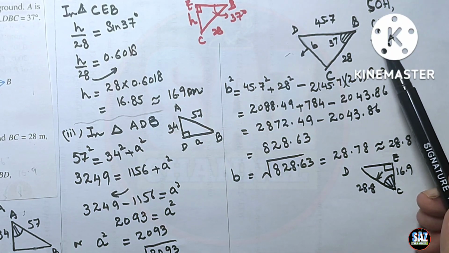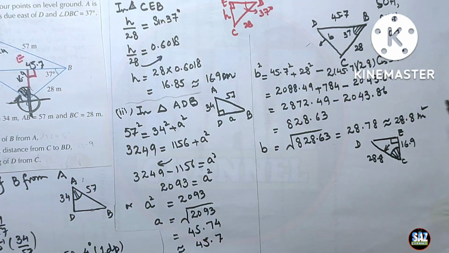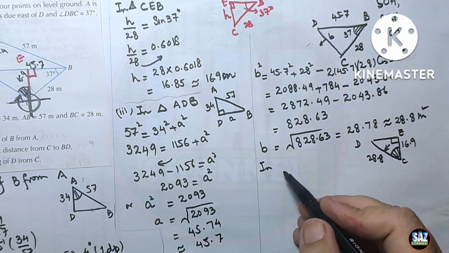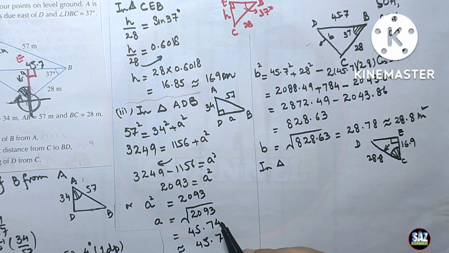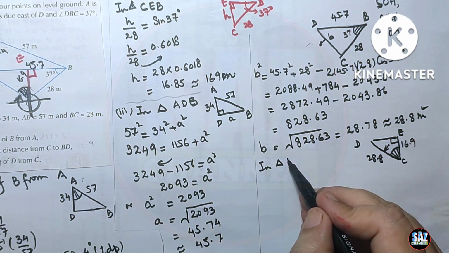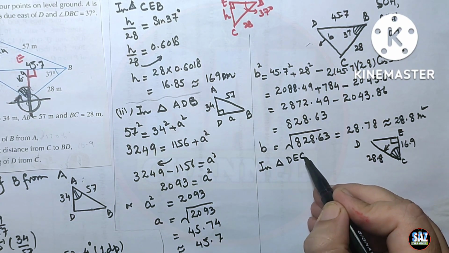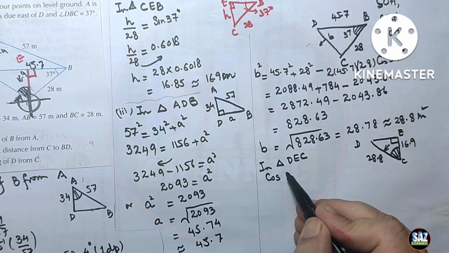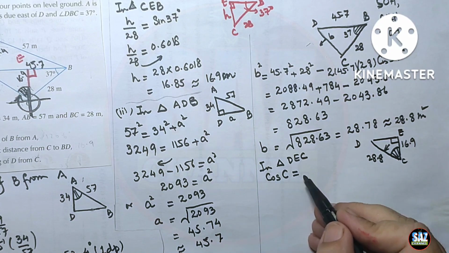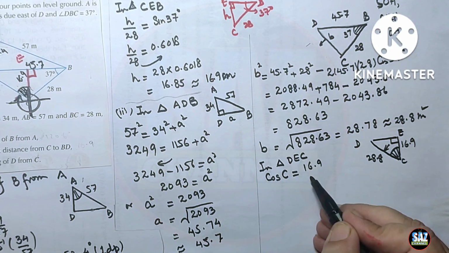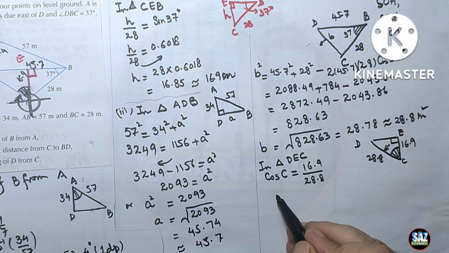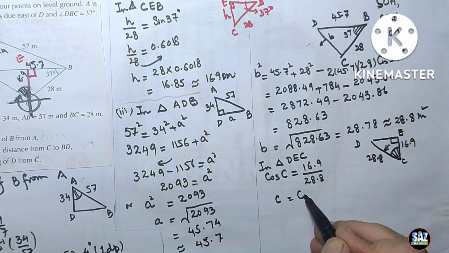So in triangle DEC, cos C will be equal to adjacent 16.9 upon hypotenuse 28.8, and C equals cos inverse of